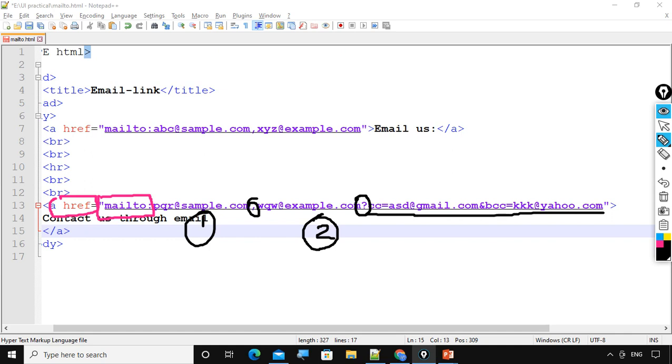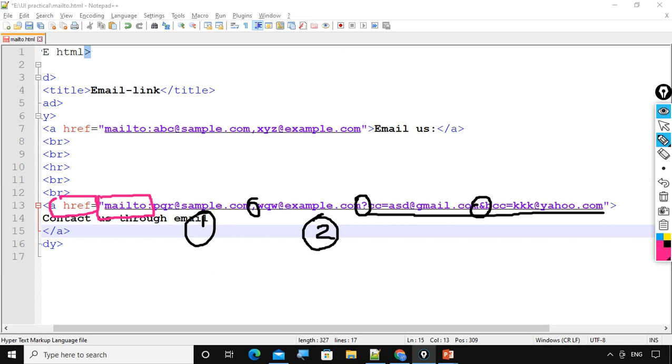What is a query string? A query string is a combination of, or we can say a query string will have, pairs. A pair is nothing but a key value pair. So one query string can have multiple key value pairs. Each key value pair is separated with the help of the ampersand. Now, this is one.